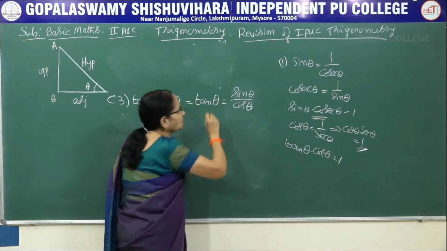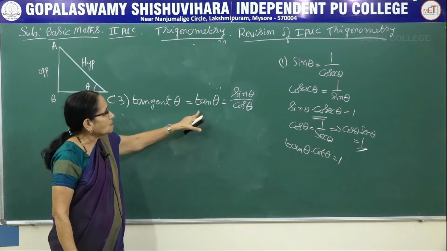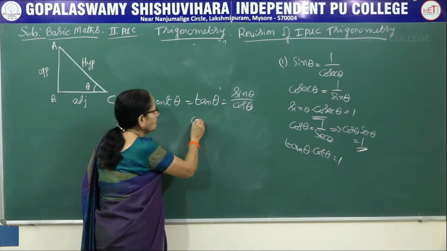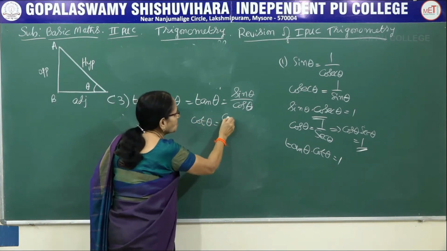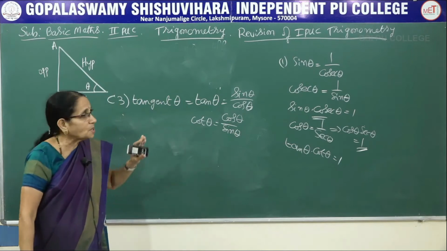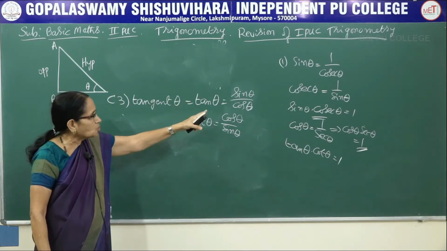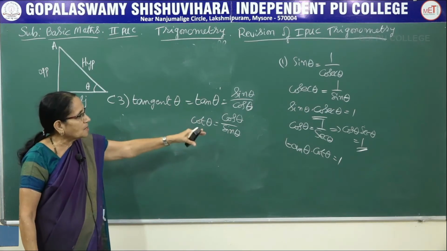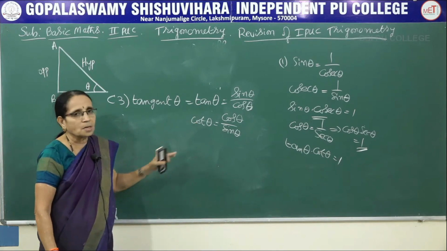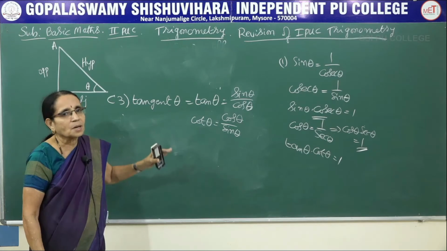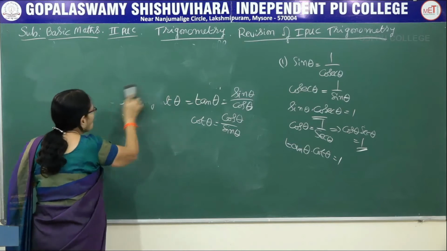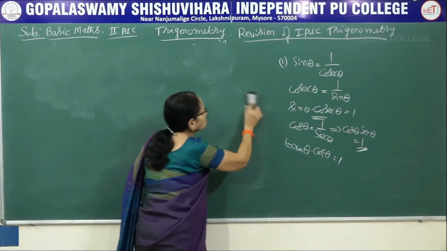These are all the basic information we have to remember always. So tan theta can also be expressed as sin theta by cos theta. Similarly, how do you write cot theta? Because it is a reciprocal, you can write cos theta by sin theta. So by the basic definition of the trigonometric ratios, we get these two pieces of information. One is, we have seen that there are three pairs of reciprocal ratios, and tan theta and cot theta can also be expressed in terms of sin theta as well as cos theta. Now these are the basic information. You will be using them rather often.